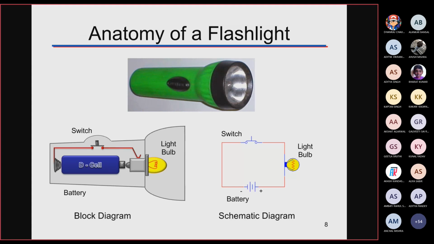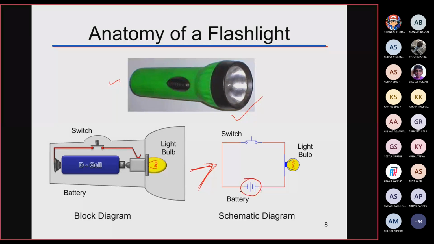Again, we have one practical example of an electrical circuit. All of you are aware of the torch light or flashlight. What is there? We have a battery, right? Multiple battery combinations may be there in any electrical torch, depending upon its size. And here we have a switch, which we press with our hand and see that the torch lights up. Basically, you can consider this flashlight in the form of an electrical circuit.